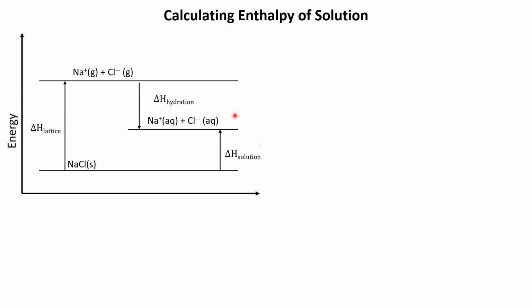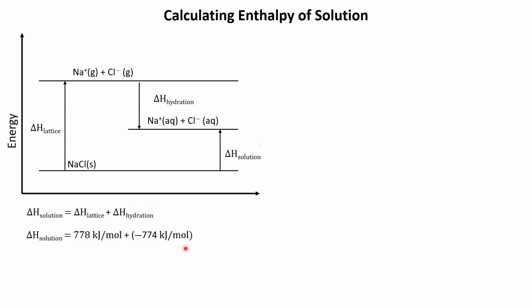So to calculate our enthalpy of solution, we're going to take the difference between the energy of step 1 and the energy of step 2, and this is our delta H of solution. So if we look at actual numbers for this process, our delta H of solution, again, is our lattice energy plus our hydration energy. And for sodium chloride, your lattice energy is 778 kilojoules per mole,